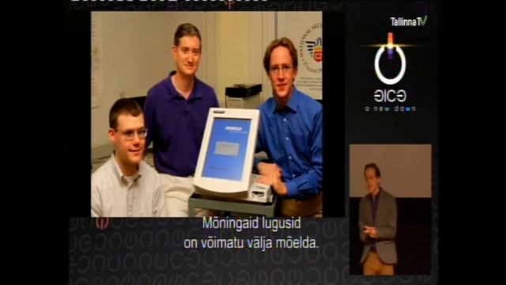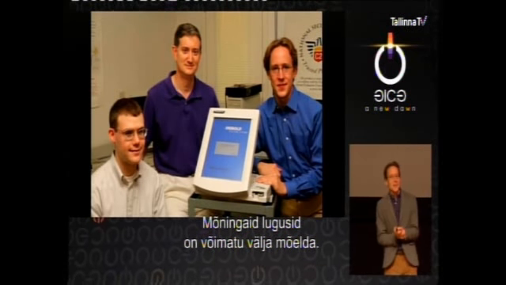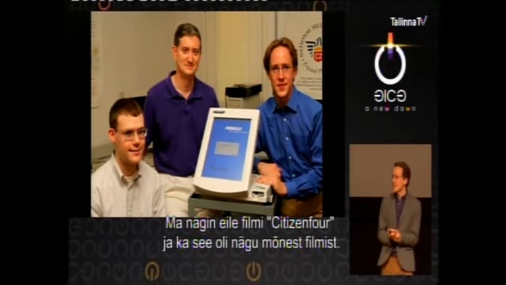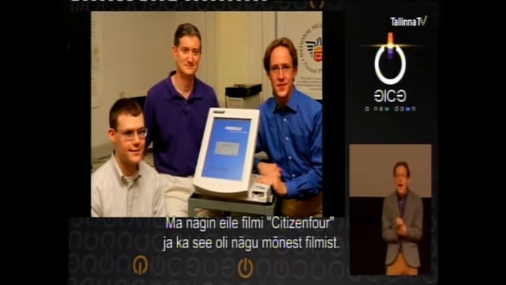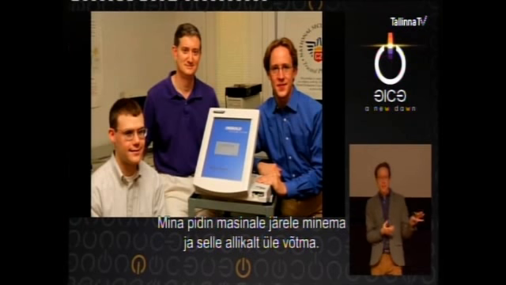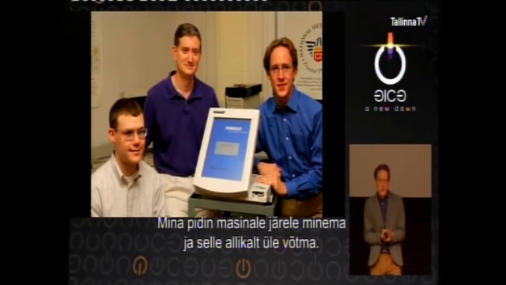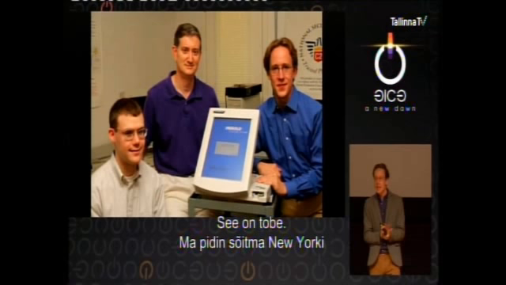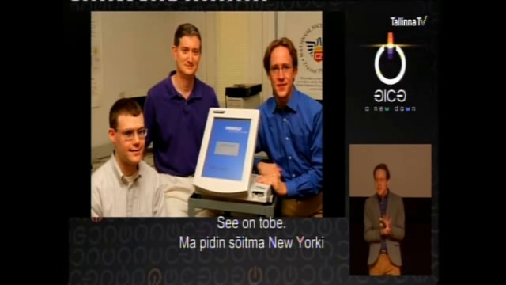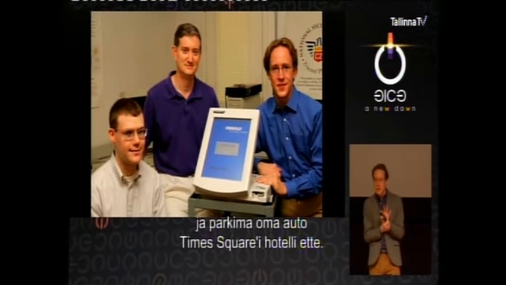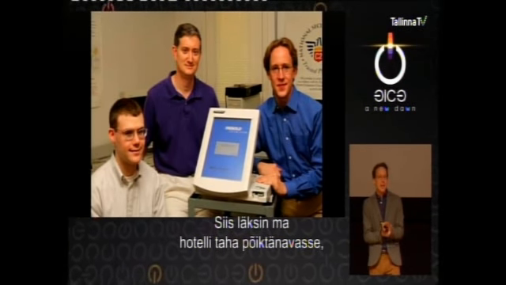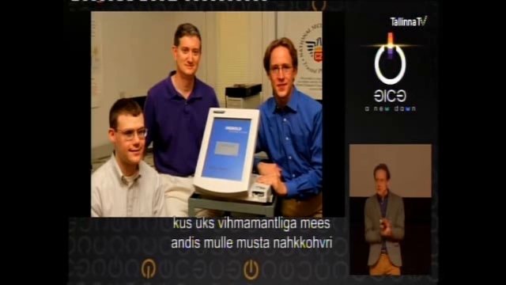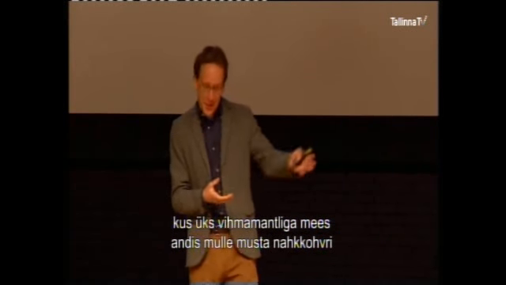And some of these stories, I mean, you can't make them up. I mean, after seeing Citizen 4 last night, this feels like something out of the movie. I had to go and pick up the machine and receive it from the source. And it's so ridiculous. I had to drive up to New York City and double park my car outside a Times Square hotel. I then went into the alleyway behind the hotel, where a man in a trench coat gave me a black leather suitcase containing the voting machine.